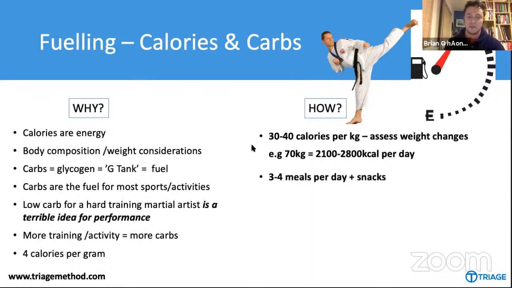To hit this, you're probably going to have 3 to 4 meals plus or minus some snacks as an athlete. Number of meals per day isn't important for the general population. Definitely there are nuances to this, but for athletes, pretty regular meal times is definitely a good idea. And then for carbohydrates, this is the kind of range of carbohydrate intake you're going to look at: 2 to 8 grams per kilo of body weight.